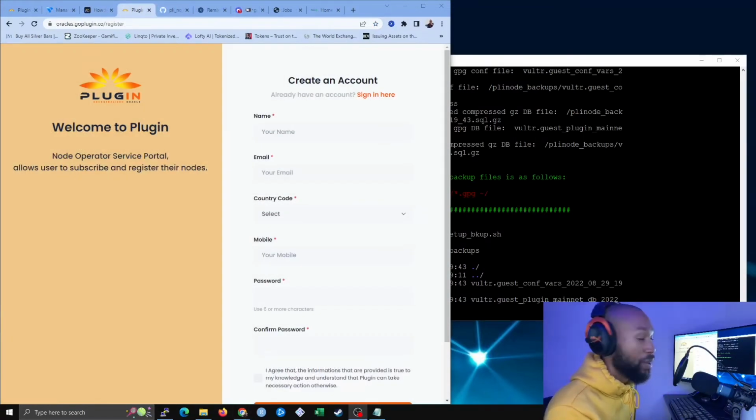So at this point, we have created a new GoPlugin node. We have backed up the node. The next thing we want to make sure we do is create an account. You want to register the node with GoPlugin so that they can review it and make sure that everything's running properly with the node before they verify that it's okay to stake your tokens. You need a minimum of 2,000 GoPlugin tokens, and starting September 1st, they announced that you could stake a max